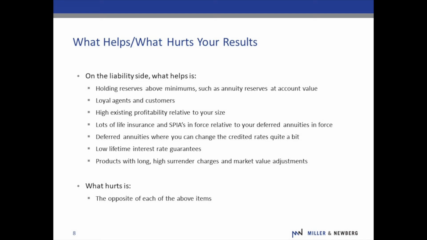It helps to have a lot of deferred annuities on the books where you have the ability to change the credited rates. In a rising scenario, do you have the ability, if you want, to increase the credit rates to keep the people around? In a falling interest rate scenario, do you have the ability to take the credited rates down to make sure that your profitability stays where it needs to be? Do you have that ability? More ability to change credit rates helps.